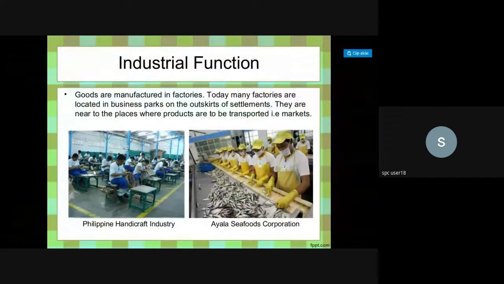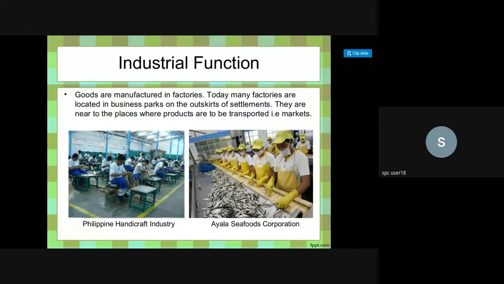You have specific industrial functions as such. Because the majority of these slides are from the presentation I borrowed, you'll see that examples have been from the Philippines, but you can also list industrial functions in India. One exclusive one, and something which you would be knowing, is Sivakasi. This is an industrial town known for fireworks.